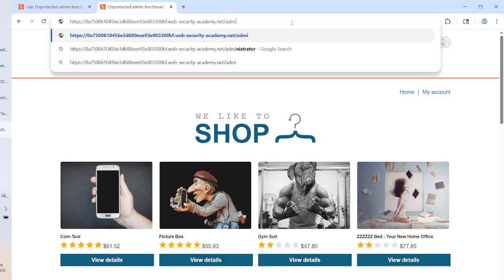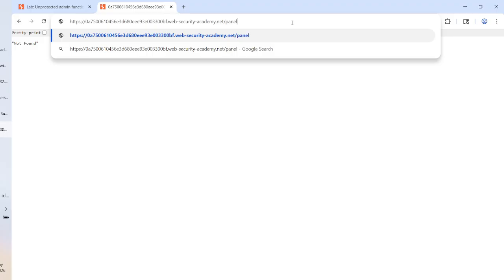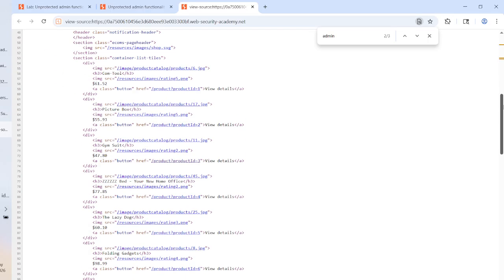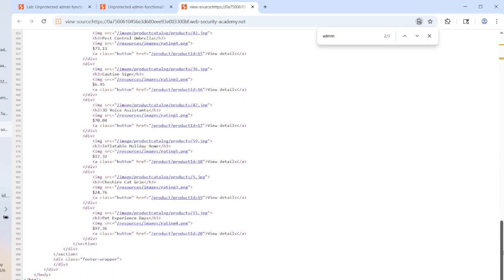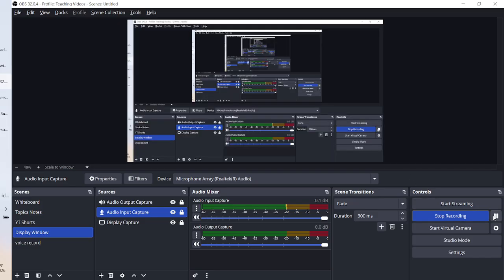Let's try admin panel or something like that. Nothing is there. Nothing is present in the view page source.